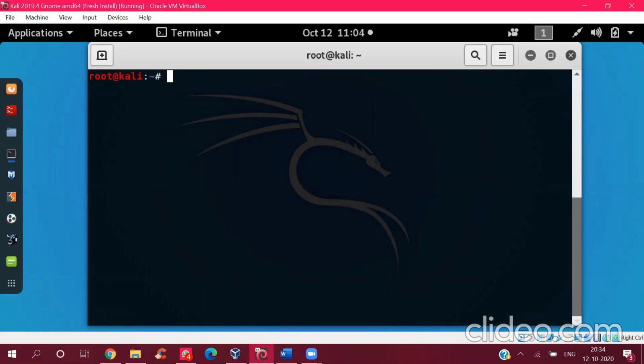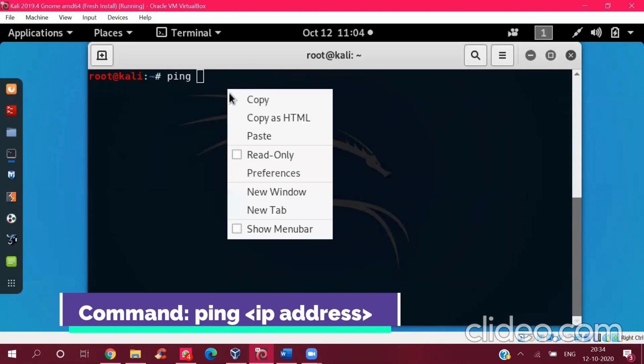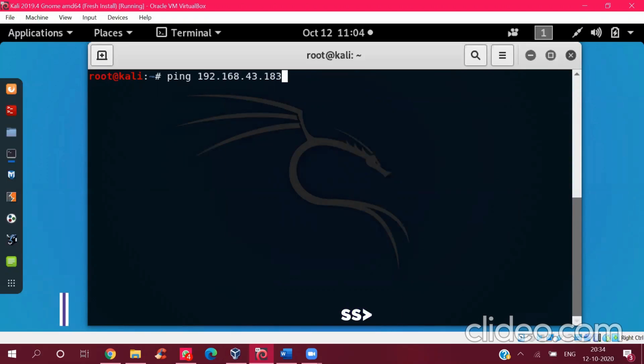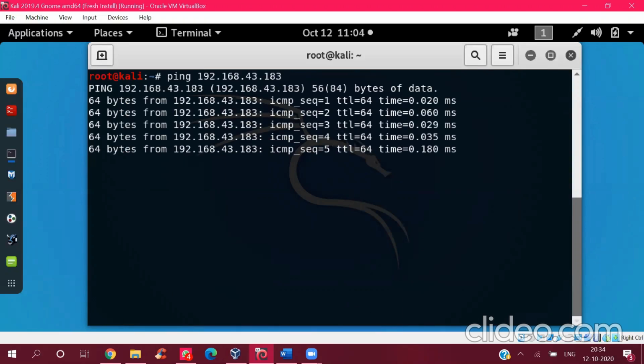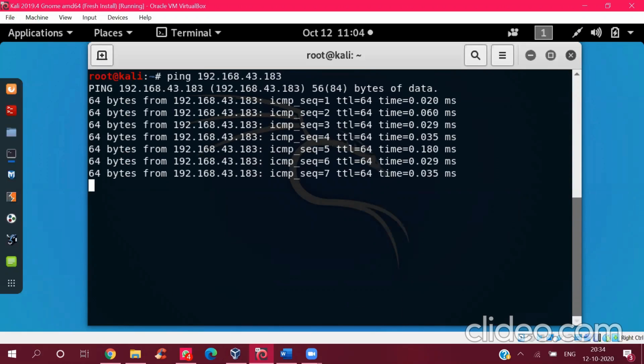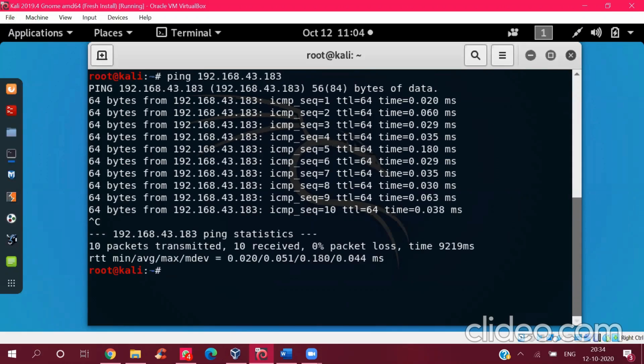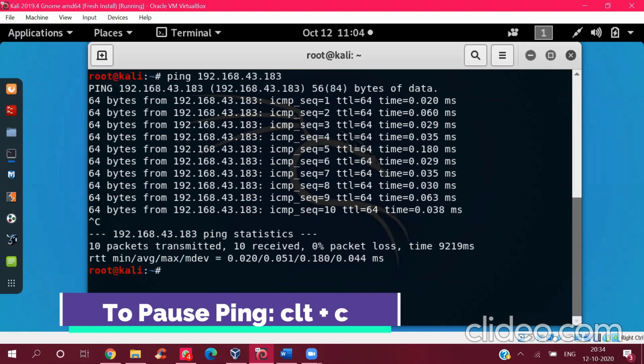Now, to make sure that my IP address is up, we'll just try pinging it. Ping, and just paste it. So you can see that it's pinging, which means that my IP address is up. Type Control C to stop it.